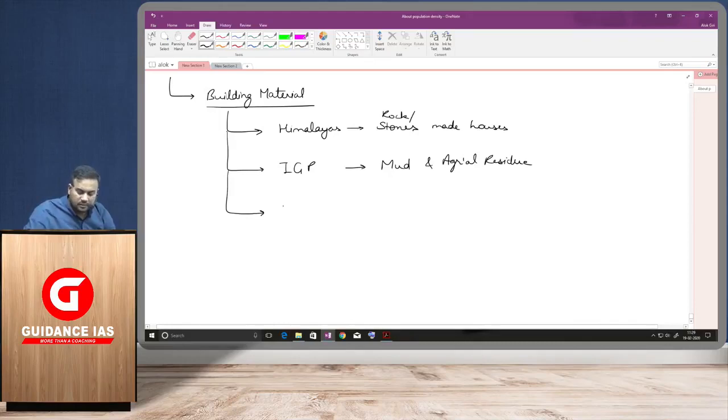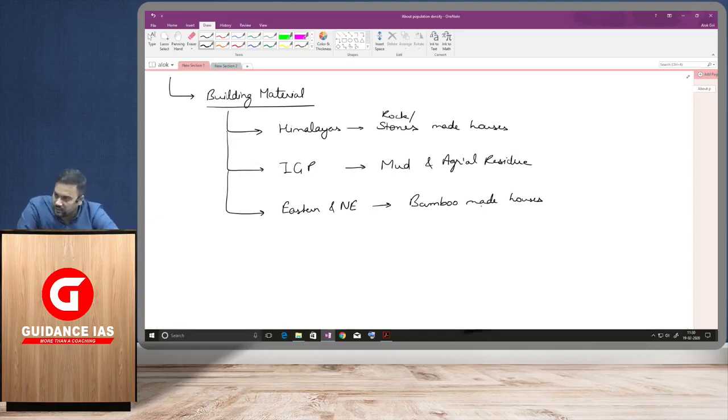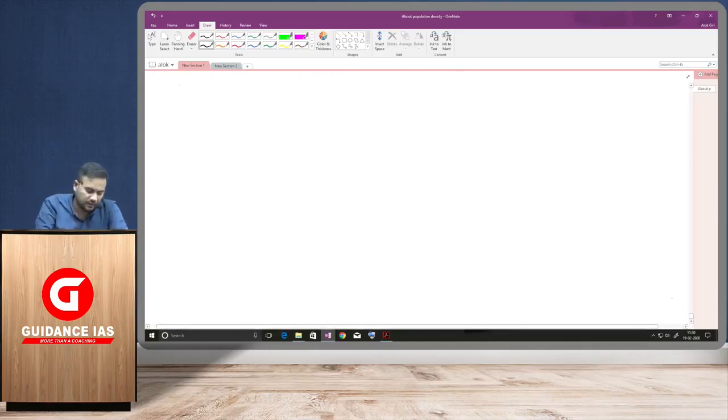As you go in the eastern and northeastern India, you'll be finding that bamboo made houses tend to become common. So another very important factor is the case of the building material, which affects the type of rural houses. Other factors can be there, like for example the factor of hazards